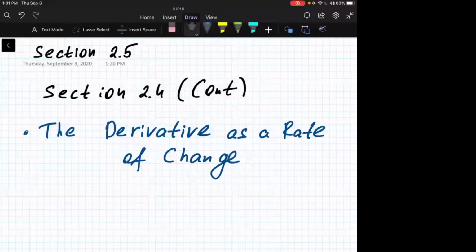In some sense, this is an application of our derivative,